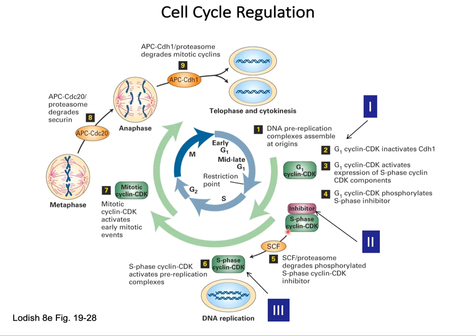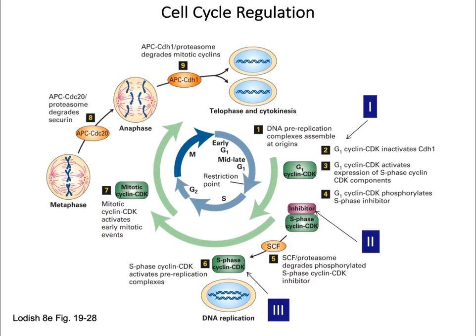So let's make a full circle here and go back to step 2. Another job of the G1 cyclin CDK complex is to inactivate some of the components of the proteasome that is active in step 9, because you don't want this proteasome to be active at different parts of the cell cycle, because it might degrade other cyclins that are not used during mitosis, which could be detrimental to the cell cycle. So what I want to look at more closely is labeled here as 1, 2, and